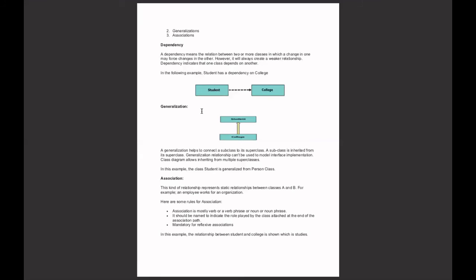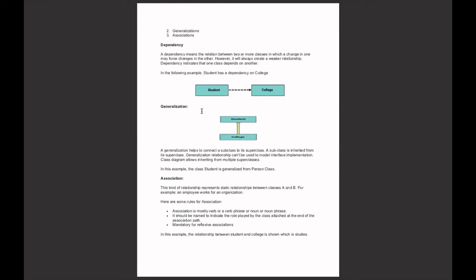Generalization means that an object of the child may be used whenever the parent may appear, but not the reverse. In other words, the child is substitutable for the parent. A child inherits the properties of its parents, especially their attributes and operations.